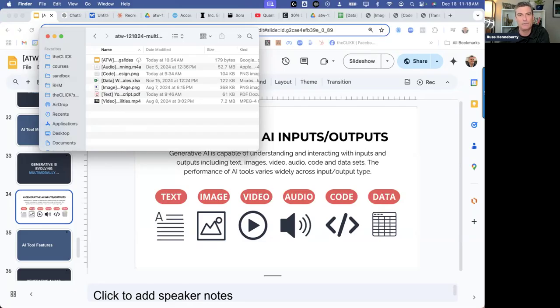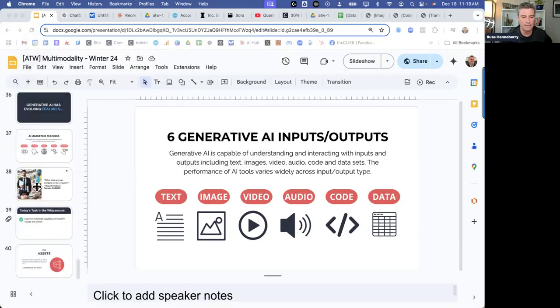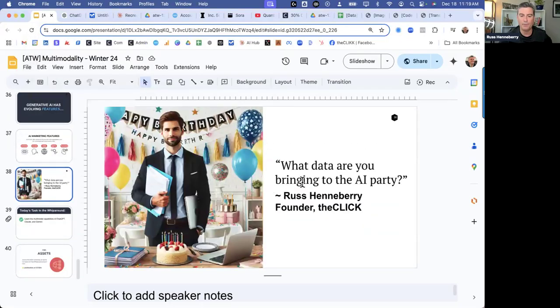That's what the click is all about. I'm going to show you things that you can do, and then I want you to go play yourself. Go play around with the tools. Use the assets that I have here so that it's easy for you to play around because the assets are just right there. So this is what I mean when I say bring data to the AI party.